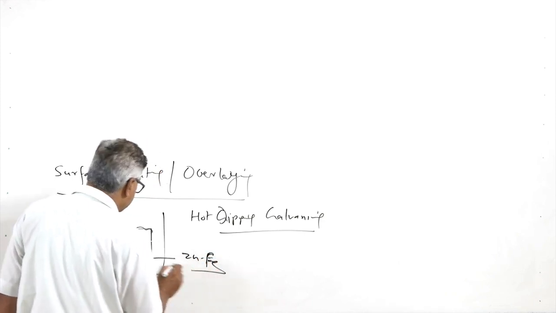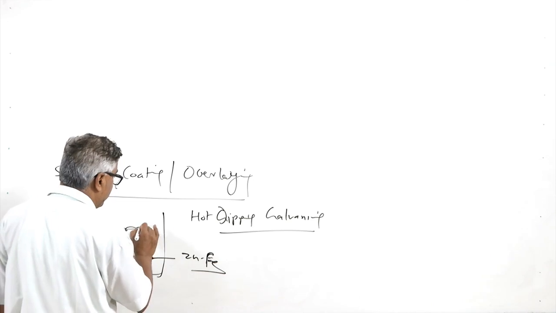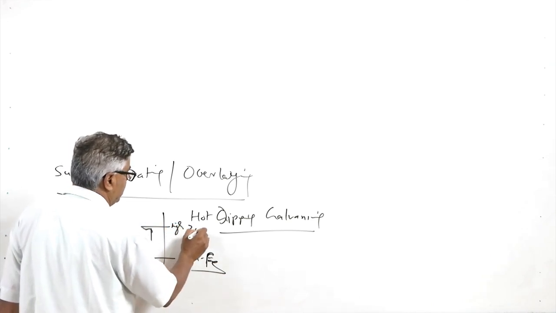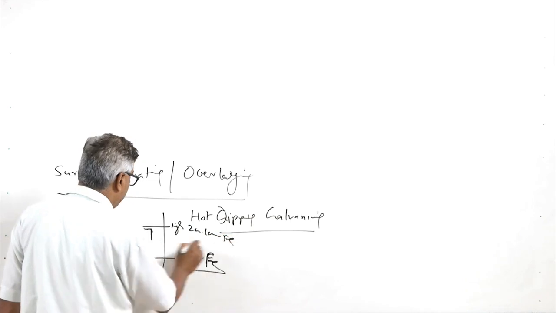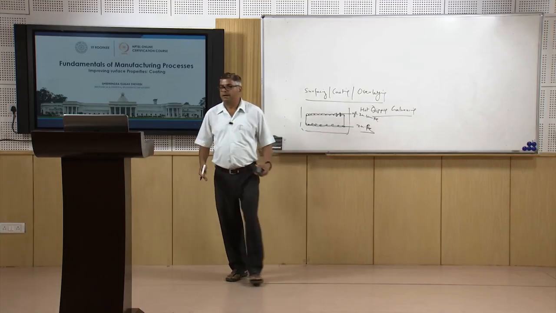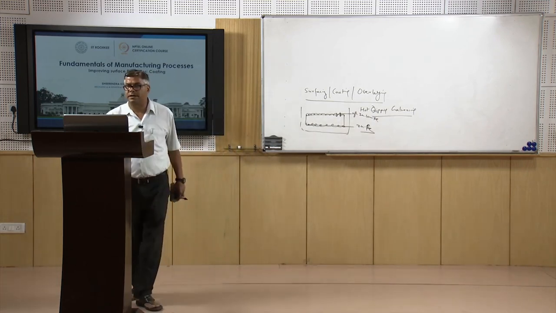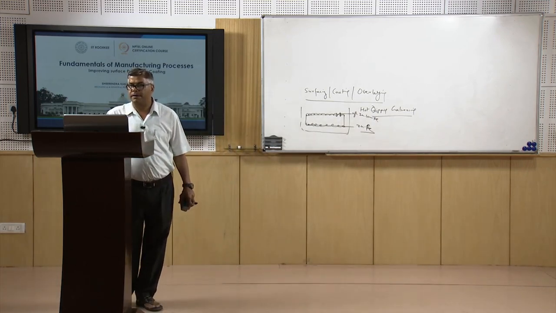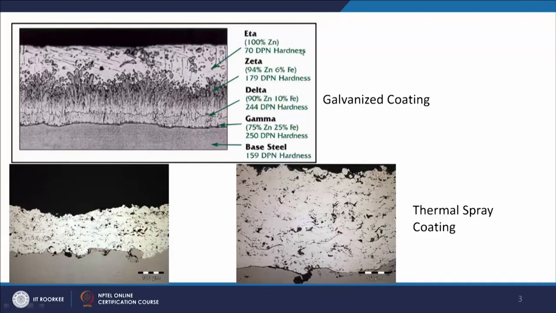So, at the surface it will have the higher concentration of zinc and less iron, and the zinc concentration will keep on decreasing with the increase of the depth from the surface. This is what we can see at the surface. It is the eta zone wherein 100% zinc is present, then the zeta zone where 94% of the zinc and 6% of the iron is present, then the delta zone where 90% of the zinc and 10% of the iron